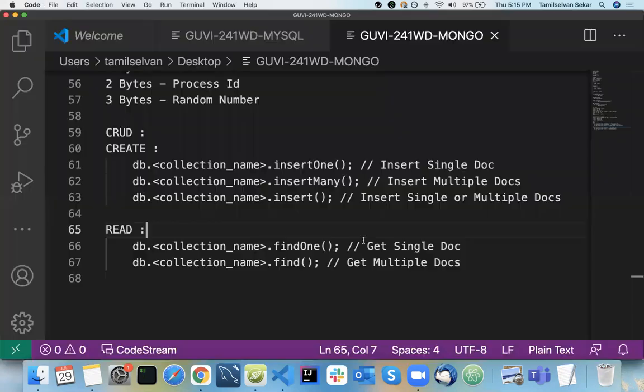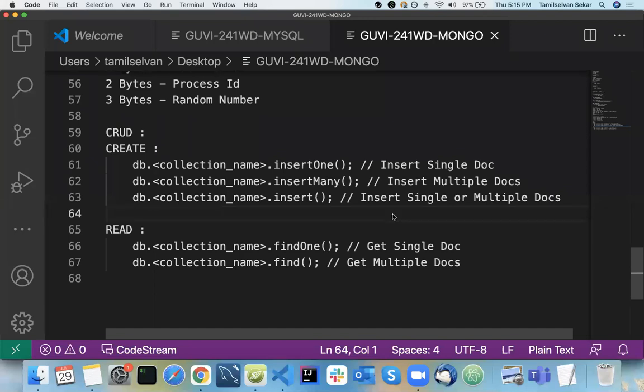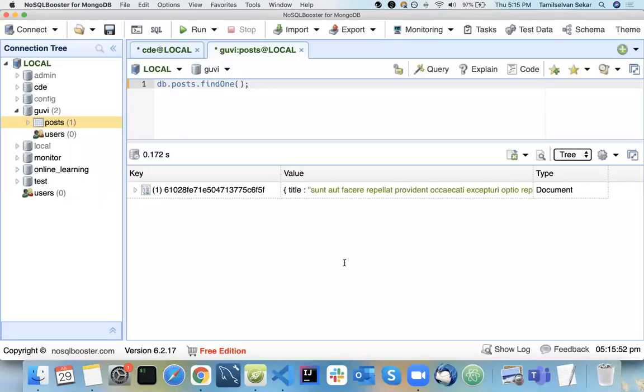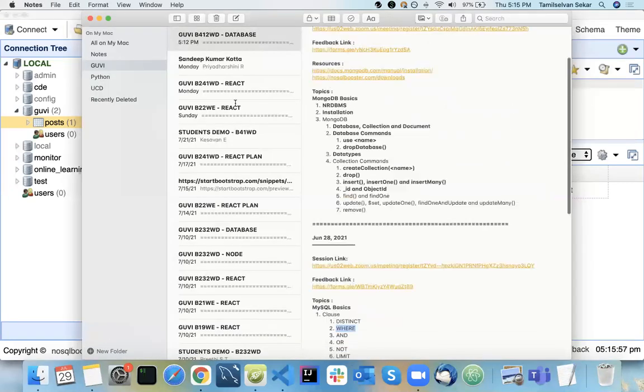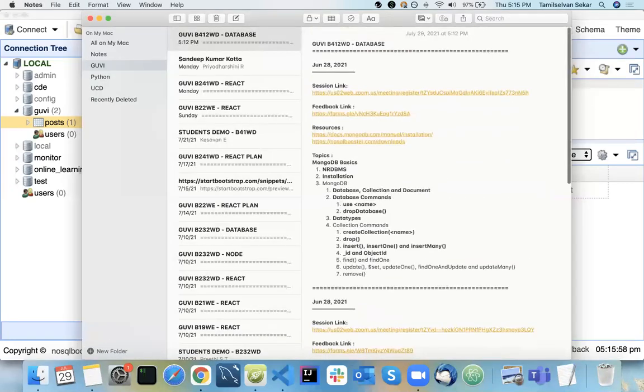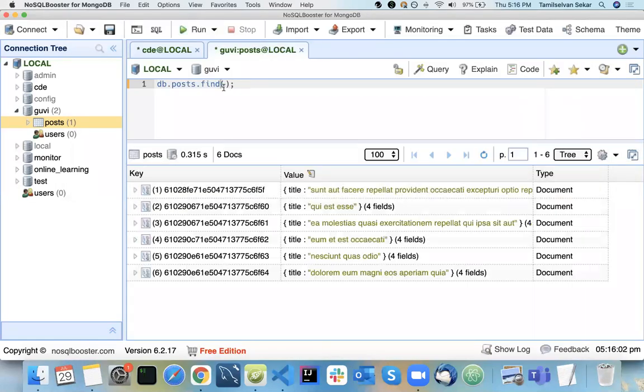So since you guys asked me how to apply conditions, I will mention the where clause alone. We have the where clause in MySQL, right? The same way you can apply conditions here to check the data. So I use find. Find will take your where condition as the first parameter. Your first parameter here will take your where condition.